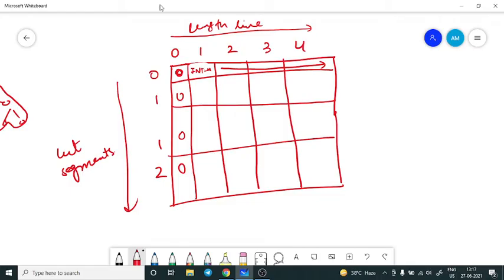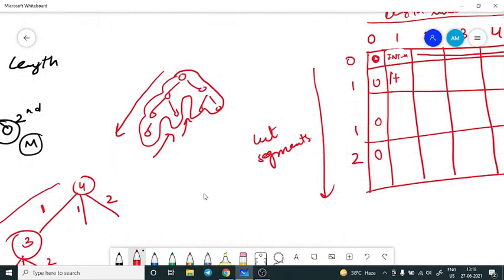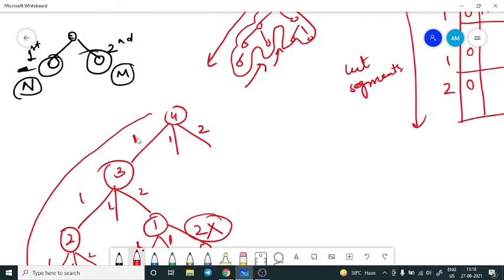So now starting from this one, I have a line segment of length one, and I have only one cut segment. So I can do that. If I cut this, the count of the cut segments will be increased by one. Why one? Because we did one cut here. So one plus whatever remains, because it might be possible that after doing this cut, some line segment remains. As you can see, suppose I had four and I cut it with one, the remaining is three, so I have to consider three also.